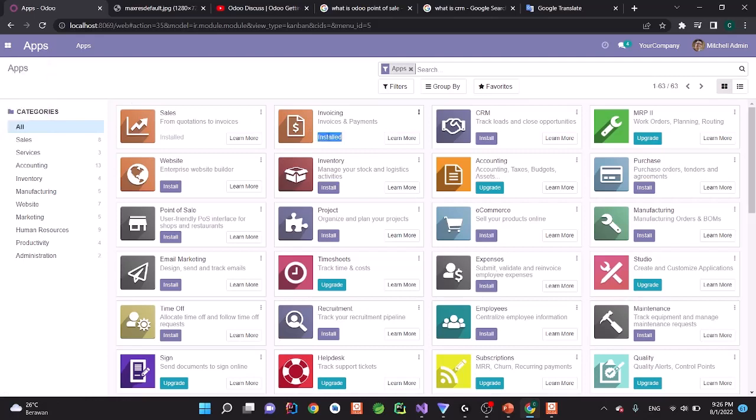So sometimes some module or some add-on depends on another add-on. For example, in this particular case, Sales depends on Invoicing. So when you install Sales, it will also automatically install Invoicing, because there is some data that Sales needs to have in Invoicing. Okay, so let's go to Sales,